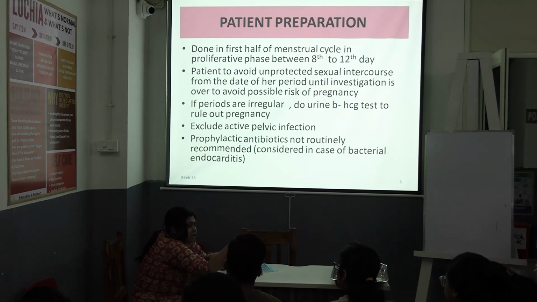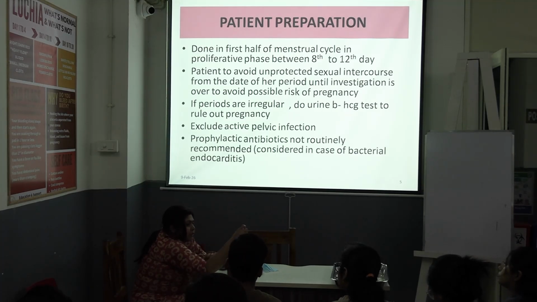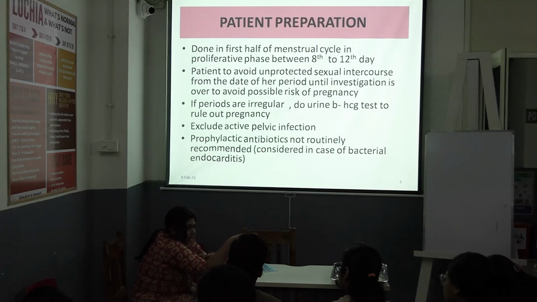You will cause iatrogenic endometriosis. You will put the endometrial cells outside into the peritoneal cavity, and it causes implantation over there, and it causes endometriosis as well. And what happens is, under pressure, what are you doing? You are basically inserting infections as well. During menstruation, already everything is dilated and it is highly vascular at that point of time.